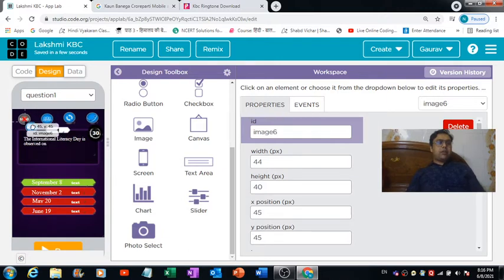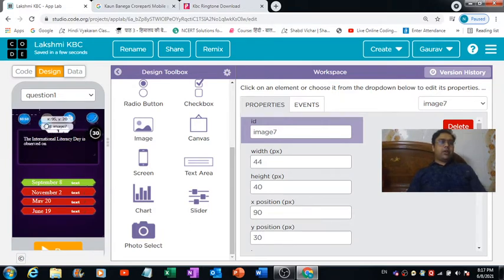As soon as the user will hit this 50-50 lifeline, two of these 4 options will disappear, and besides that this blue lifeline will also go away, and in place of that the user will see this lifeline on which this cross is visible. So that's how I am going to code this lifeline.